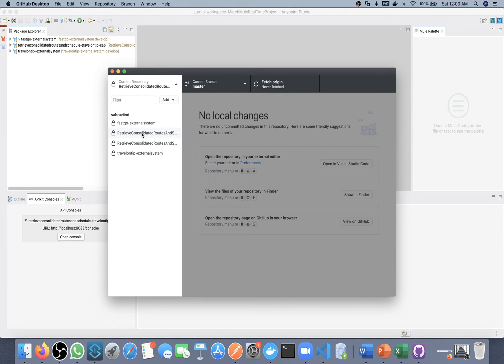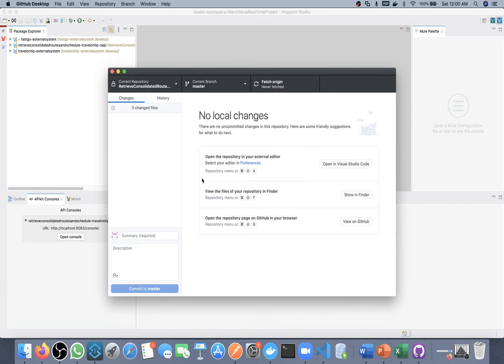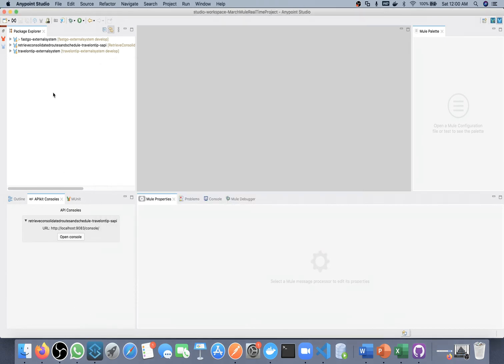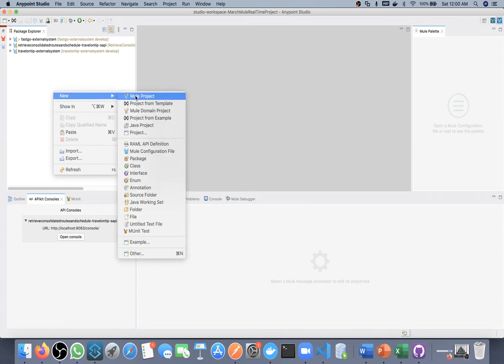So this git repository is cloned in my local desktop. Now last time we made one mistake. We forgot to switch this from master to develop, so this time we will not make that mistake. This time we are moving everything in Desktop first from the starting only. So till this point we created one repository and cloned that repository in my local. Now I need to create one Mule application. So, new Mule project,